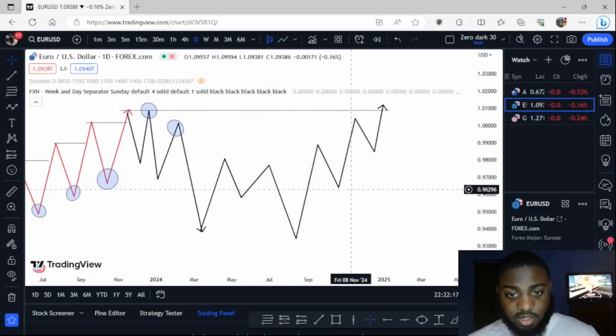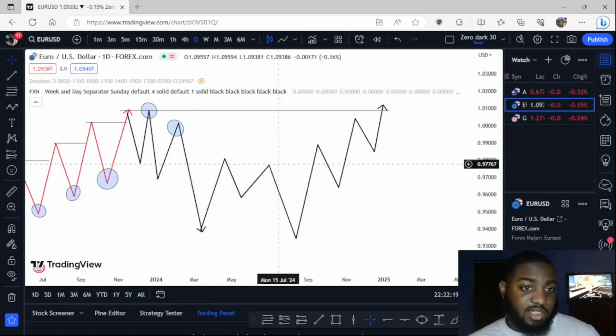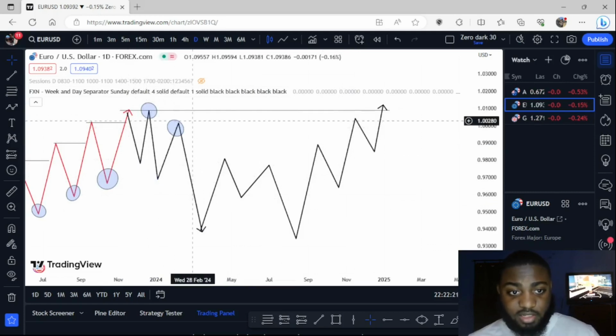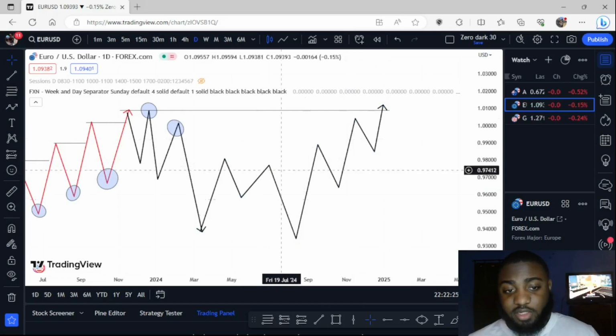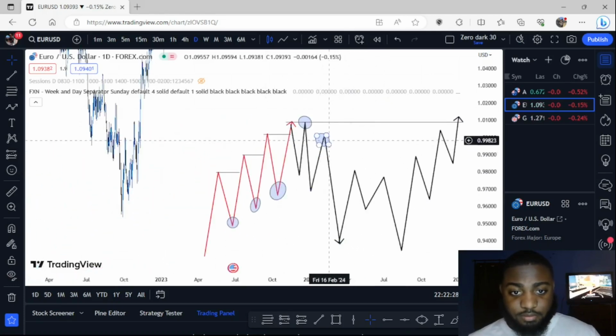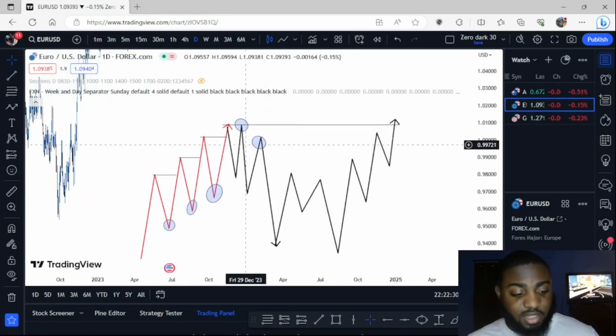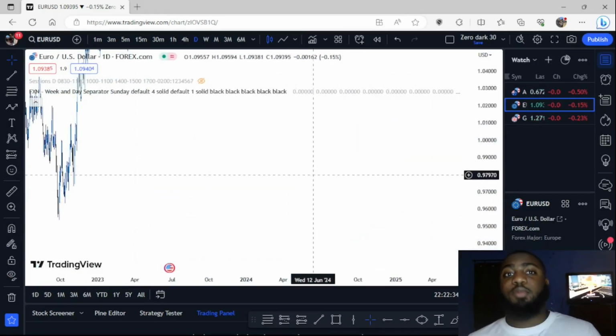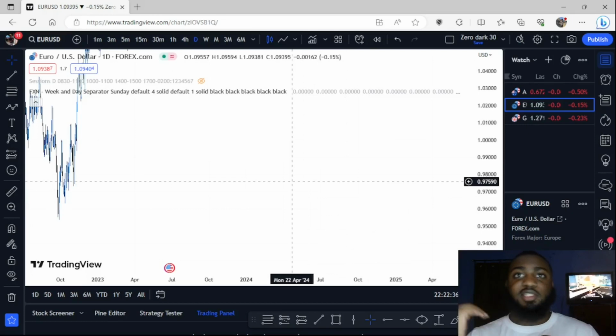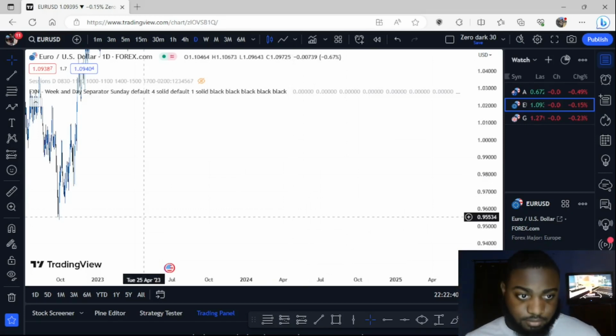And what then, we get into here after this break? What are we looking to take out? Relative equal highs, as well as the previously protected highs along the way. That's what happens. Price takes it out. Right? And that's basically how liquidity works. It's very simple. It's just the thing that fuels the market. If you're in an uptrend, you're looking to take out buy side. If you're in a downtrend, you're looking to take out sell side.